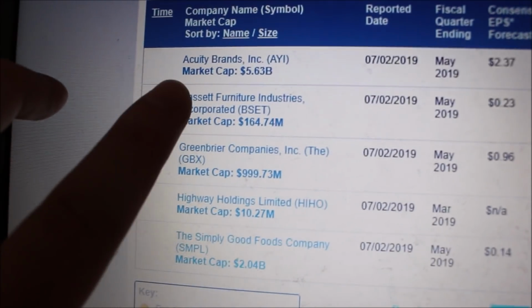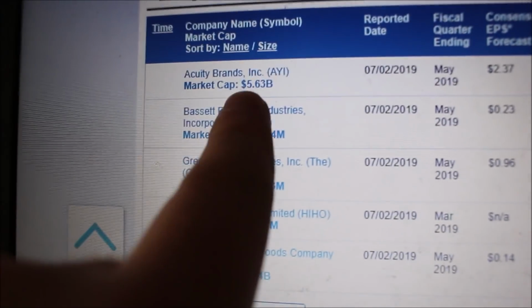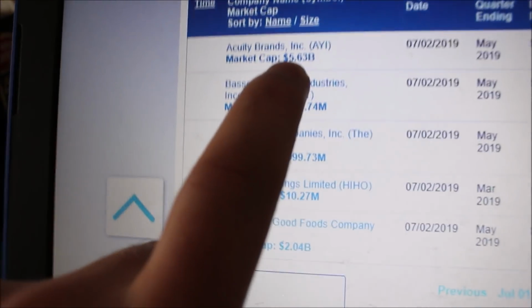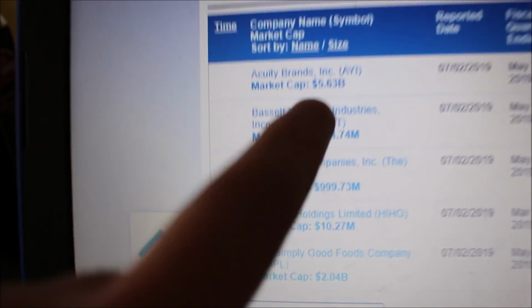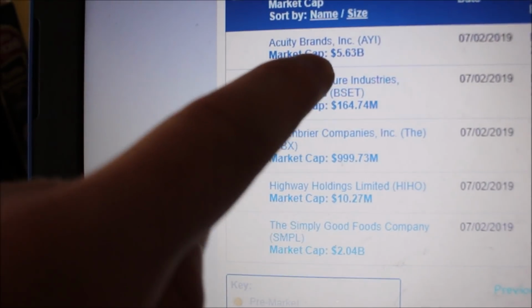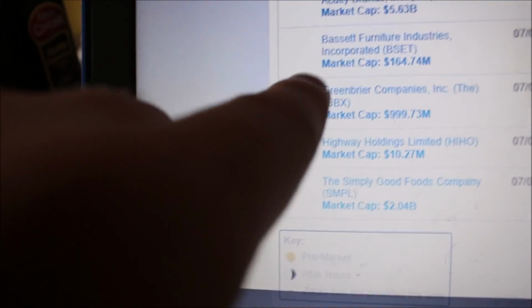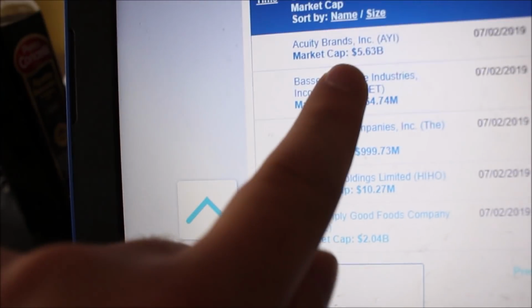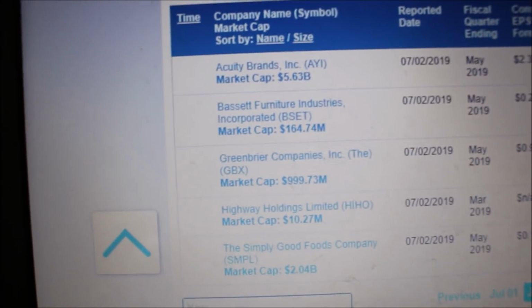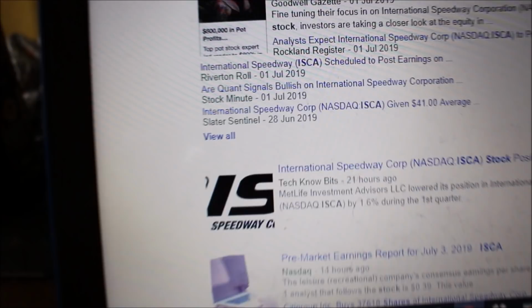Now, I'm going to trade this stock. I have my eye on this one. I already alerted the chat with this one, AYI, even though you guys already know how to find that, and I've taught you how to do the same thing. I'm only trading this because it's in the billions. These shitty stocks I will not be trading. So I will be trading AYI, 5 billion market cap. Why? Because there's volume here. So I'm going to trade that stock, and basically we're going to go in and check the earnings report for this.